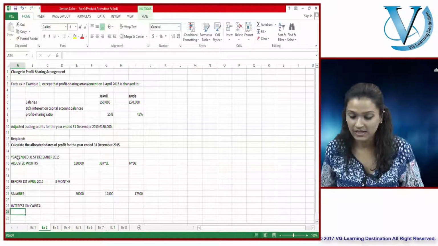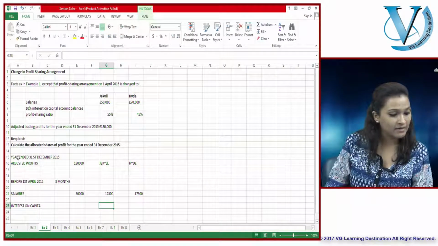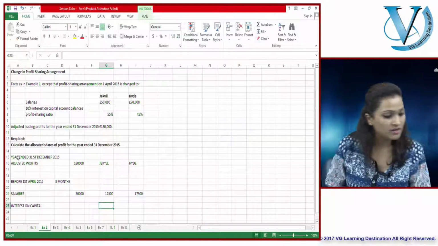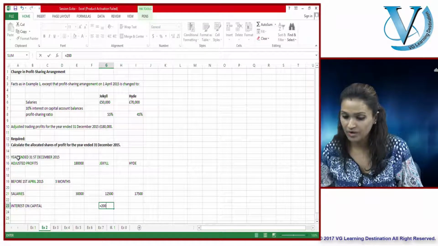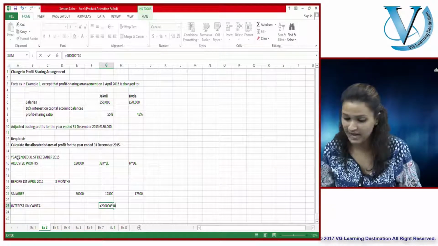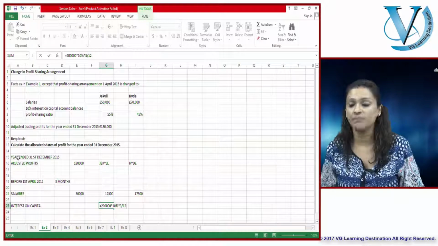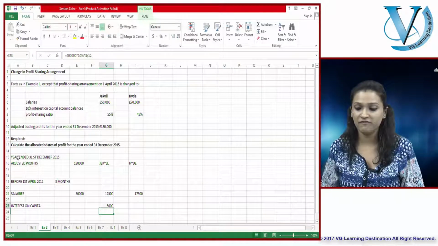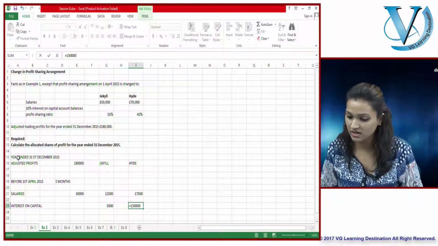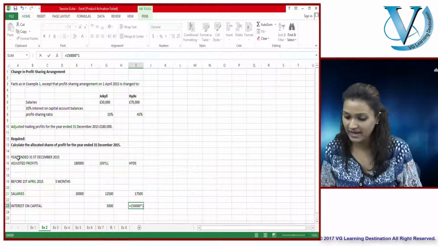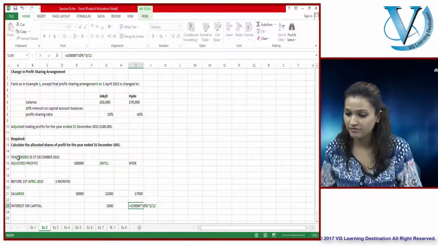What about interest on capital? It remains as per what was given to us previously, which is 10% of your capital, 200,000, which means 200,000 pounds multiplied by 10%. Again, you need to time apportion the same. 3 by 12 comes out to be 5,000. Similarly, interest is 150,000 pounds here. Multiply it by 10%. Time apportion it for 3 by 12.